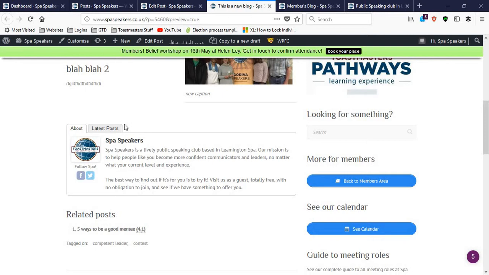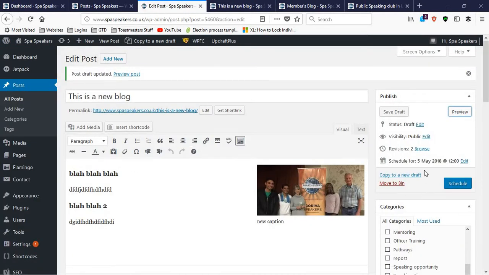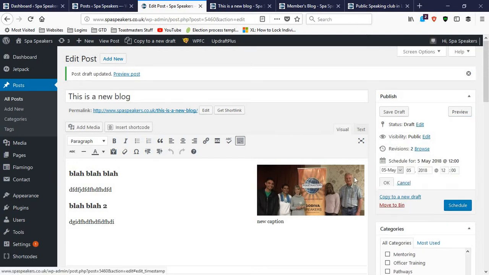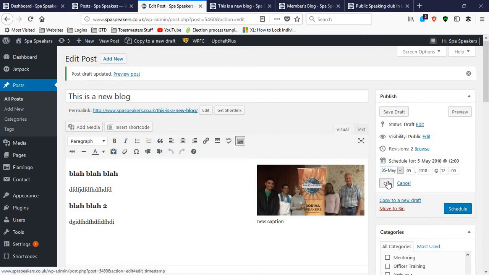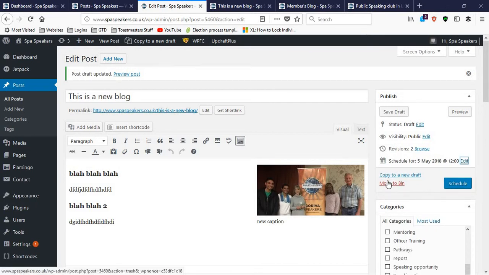So it is materially important to make sure that you do set the author correctly, because that's the kind of thing that will appear. And then what you would then do is schedule the post. It's only very rare that you would just hit publish. And to set the schedule, click here where it says schedule, hit edit, set the time and the date, hit OK. And if you're happy with everything related to the post, you hit schedule,